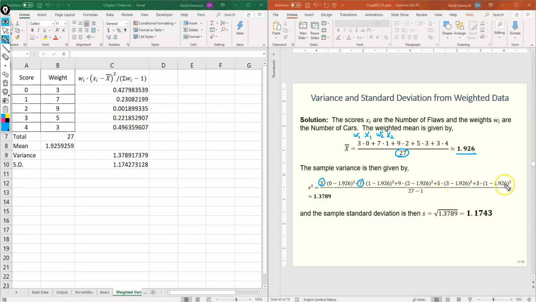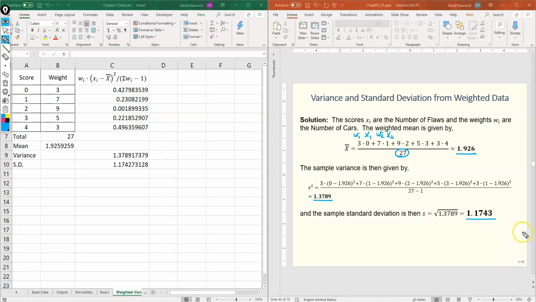And so on. And then we divide by the sum of the weights minus 1. That's for the sample variance. Now when we evaluate this, what we get is 1.3789. And then taking the square root of that, we get our